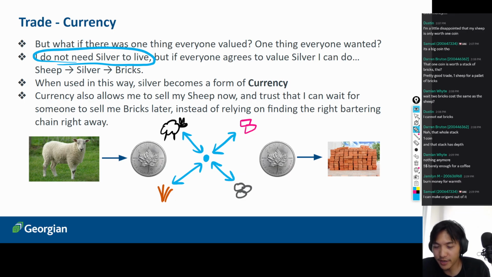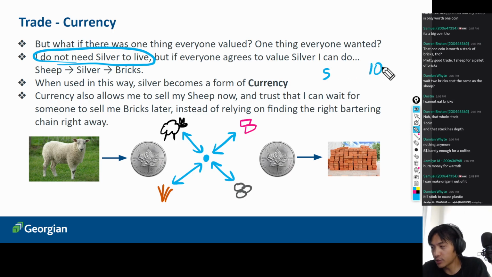Yeah, maybe you can burn it. It probably doesn't even burn that well. I don't know. Yeah, you can make origami out of it. But then a $5 bill and a $100 bill are worth exactly the same to you, because they, and a piece of paper, are worth exactly the same because you can make origami out of all of them the same way,